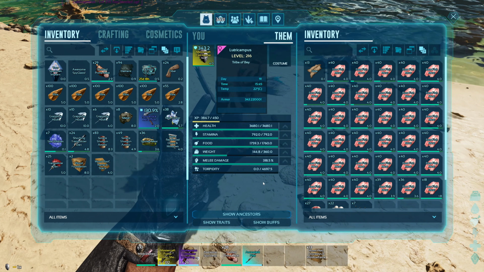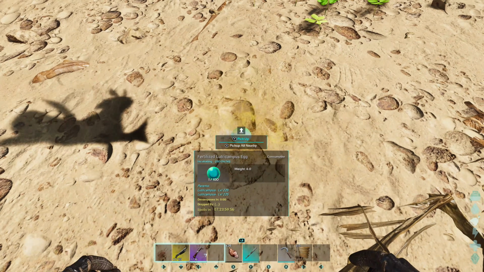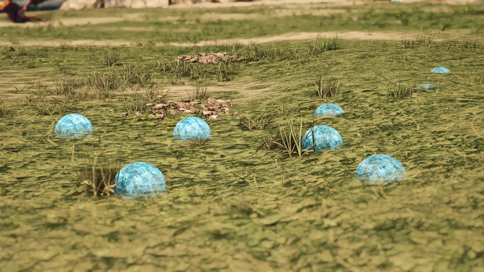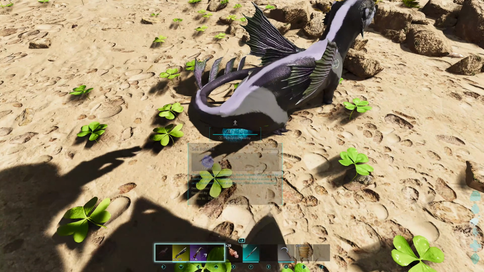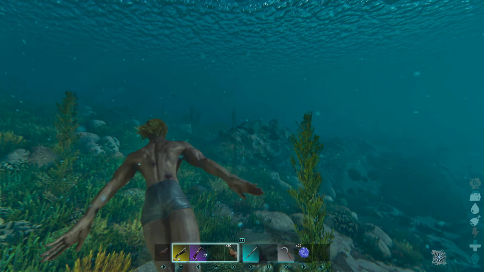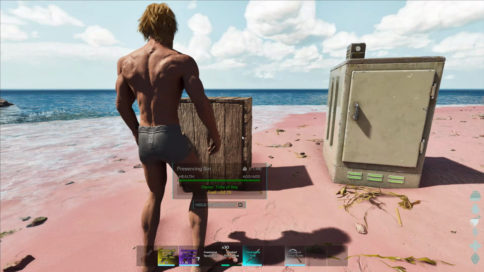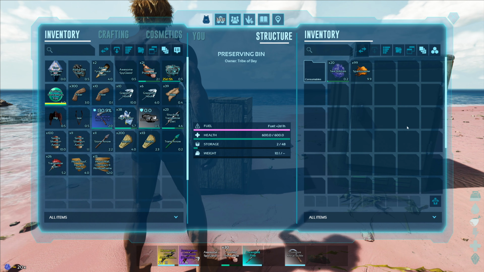until it breaks of course. The Lutracampus when mating will also produce their own eggs, instead of gestating, and finally they will also drop a very unique resource known as sea bubbles. Not only can sea bubbles top off your water or stamina in time of need, but they can also grant you oxygen if you stray a bit too far from the surface of water. These bubbles do have a quick spoil timer, but you can place them inside a preserving bin to increase the